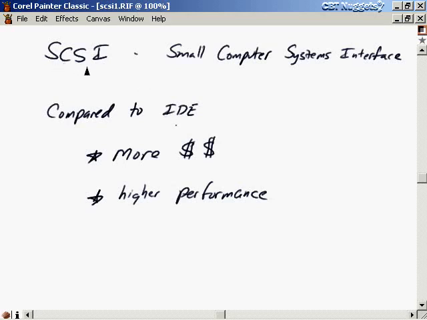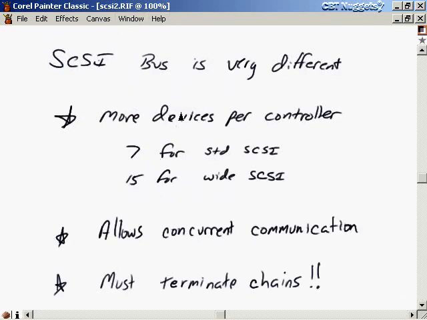The thing that differentiates SCSI disks from IDE disks mostly is that the SCSI bus is very different. The SCSI controllers allow more devices per controller than the IDE controllers did. We saw the IDE controllers only allowed 2 IDE devices per controller, and for SCSI that number is